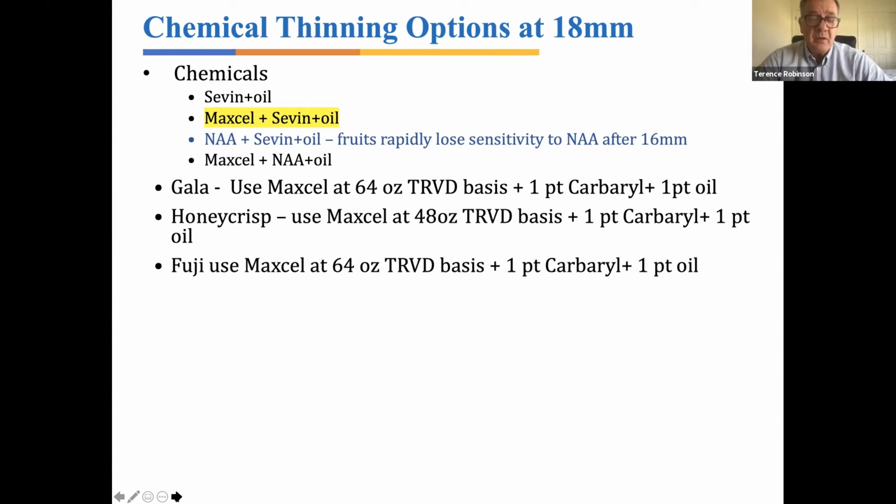Now, we'll pause here to repeat the warning about oil. Oil and captan cause problems. They sometimes cause marking on the fruit because the captan is taken into the plant by the oil. So when you use oil, you have to not spray captan a week before. Now, we're not a week until Monday. We're only 3 or 4 days until Monday, but hopefully you've remembered that and you haven't put any captan out